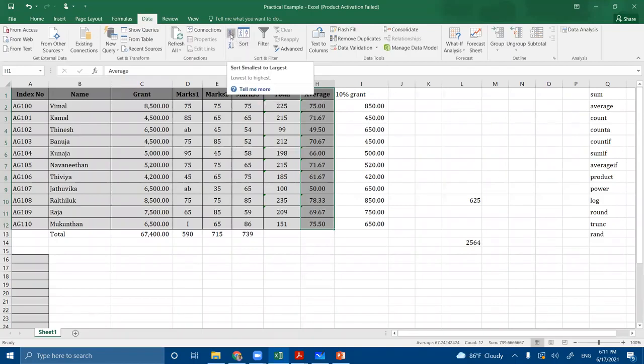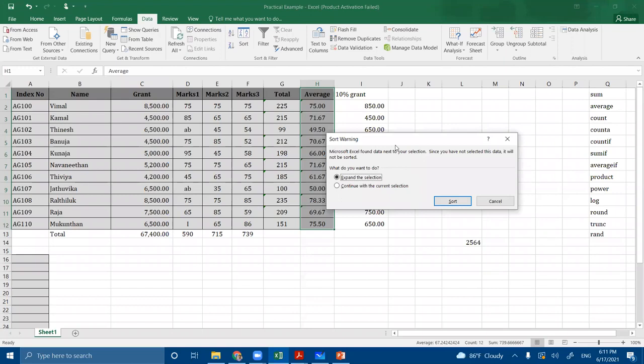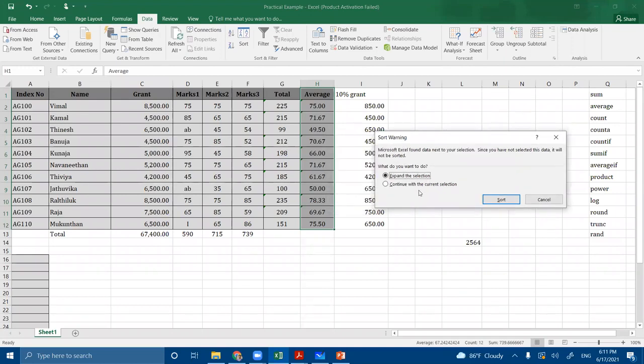When you press the ascending order, a warning message will appear, asking what you want to do: expand the selection or continue with the current selection. If you choose to continue with the current selection, only this data will be arranged in ascending order. Expand selection means expanding the selection to all the related data, including index number, name, grant, marks 1, marks 2,